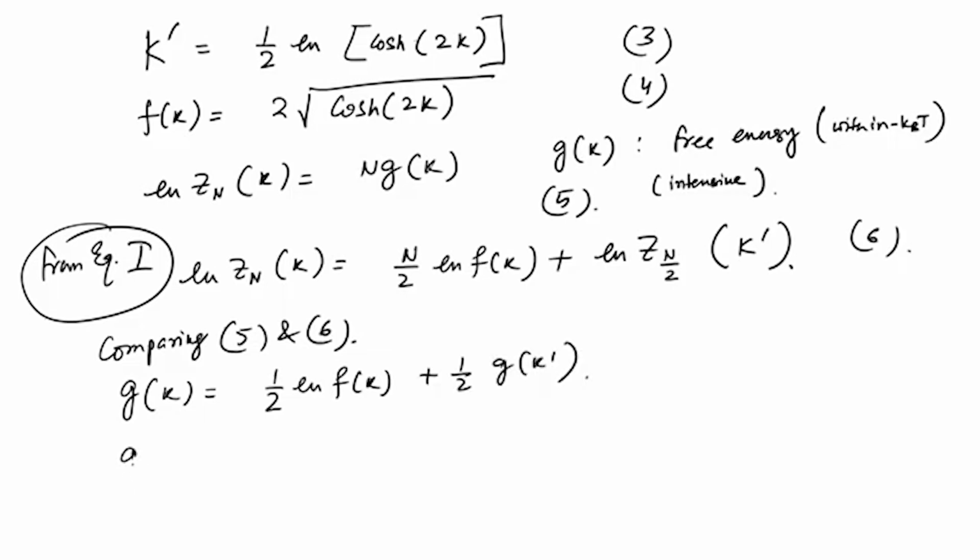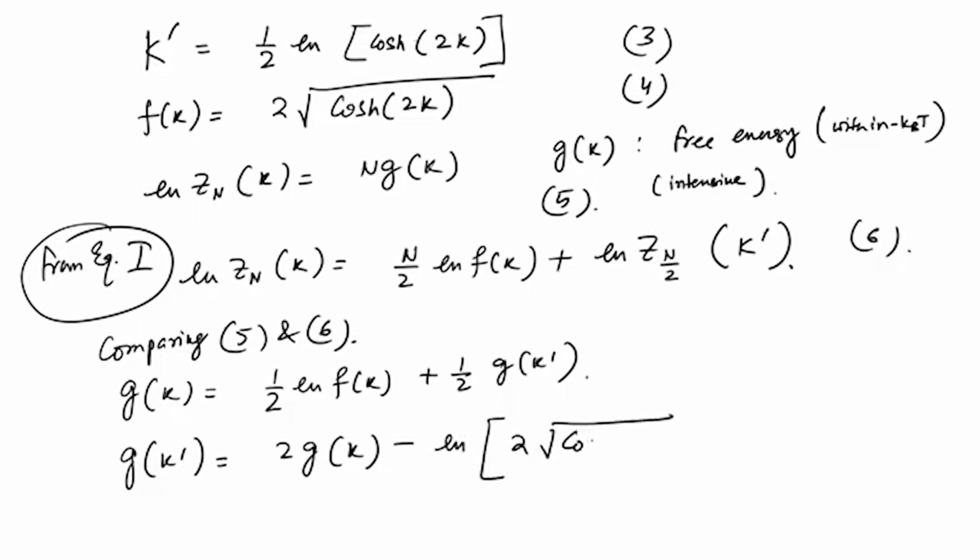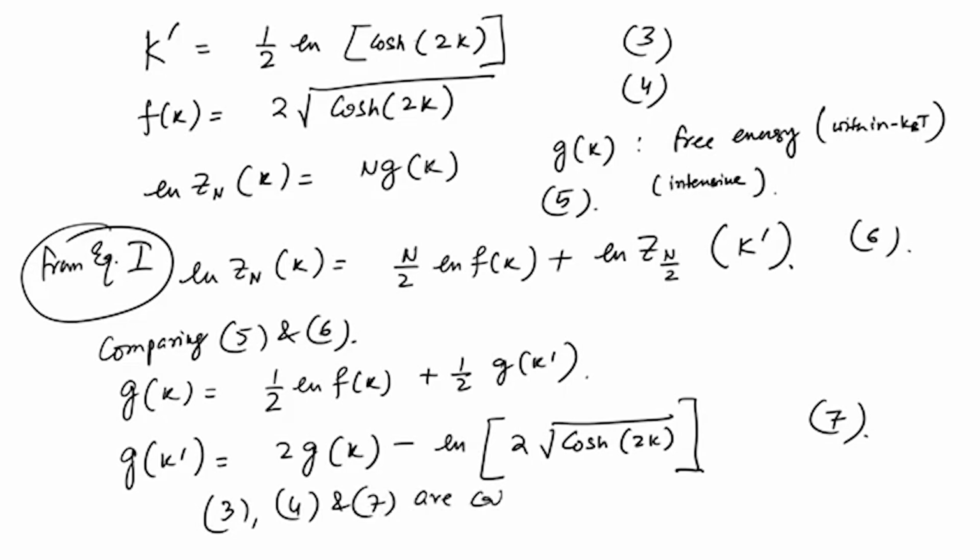Okay. And g(k prime) is equal to twice g(k) minus log of 2 cosine hyperbolic 2k. Okay. And let us call this equation 7. So, that is basically your g(k prime) in terms of g(k). So, these 3, 4 and 7 are called RG equations,